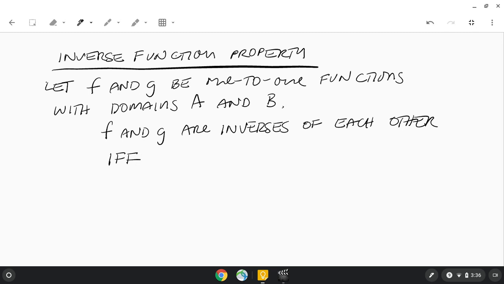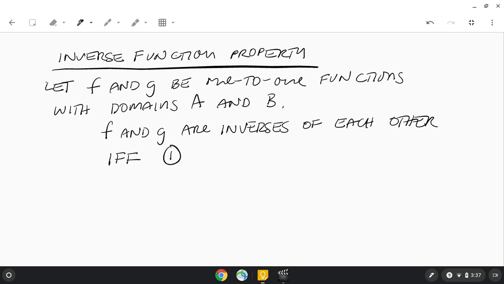You can say it the other direction. The following are true if f and g are inverses of each other. But that's just a technicality. So f and g are inverses of each other if and only if, number one,